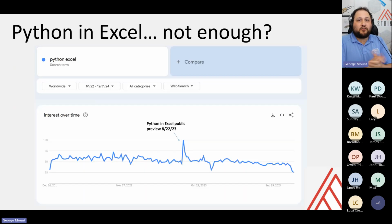So first thing I want to talk about is this phenomenon of Python in Excel. Now, I took some data from Google Trends. I was playing around with this a couple days ago, and I thought this would be an interesting way to try to tell the story with data on data in Excel. If you look for the trends with Python and Excel, the public preview came out in the fall